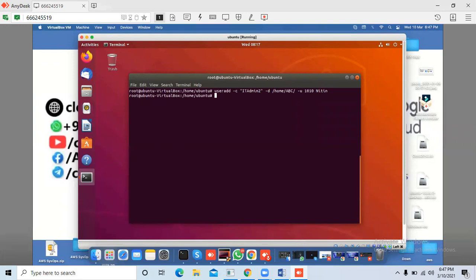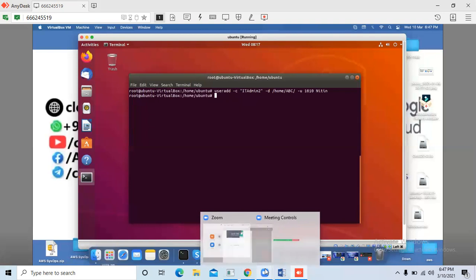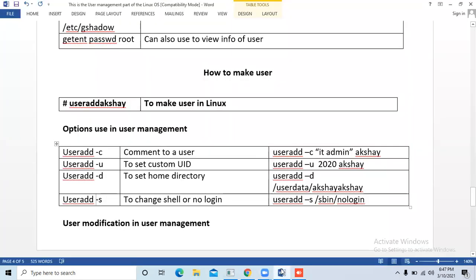So we can also use all the options in one. And you can also use -s for the shell. That means if I set it to sbin nologin, the user is unable to log in to the terminal.